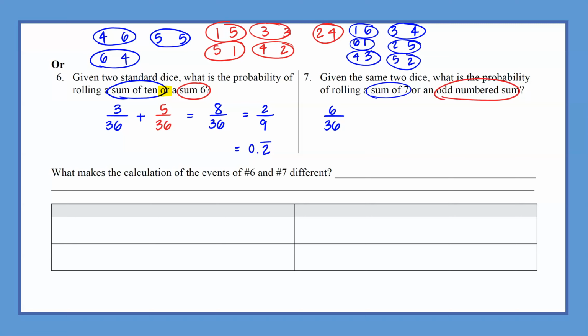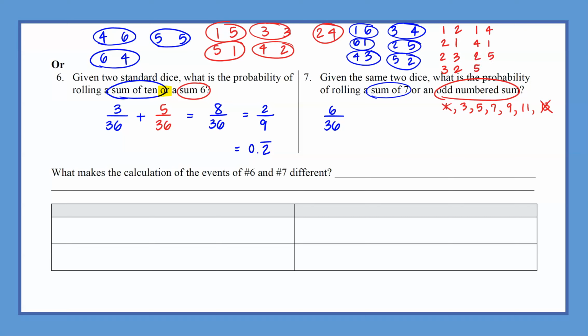For an odd numbered sum, this might take a little bit longer. A 1, 2, 2, 1, 2, 3, 3, 2. So an odd numbered sum can't equal 1 because 1 plus 1, the smallest, would be a sum of 2. It could be 3, 5, 7, 9, 11. It can't be 13 either because the largest possible sum would be 12, 6 plus 6. So I have a sum of 3, sum of 5, a couple more, 1, 4, 4, 1, sum of 7,